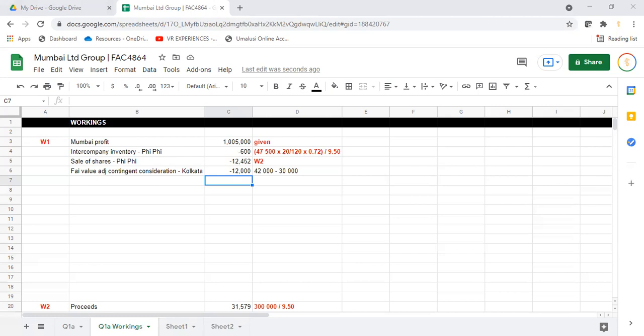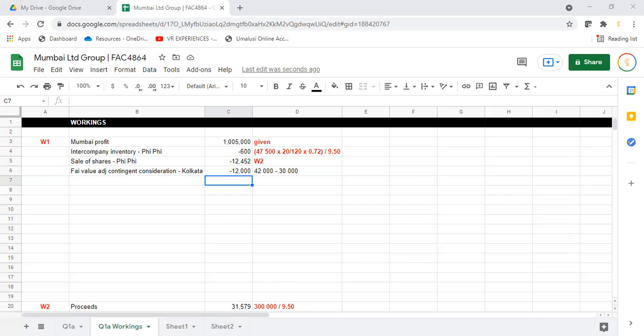And then they're saying the inventory on hand on 1 August 2017 was sold during the 2018 financial year. And the receivable balance on 1 August was written down to its net realizable value on